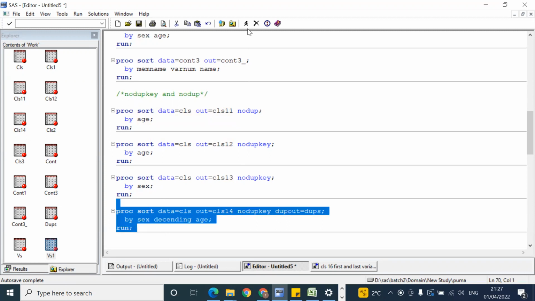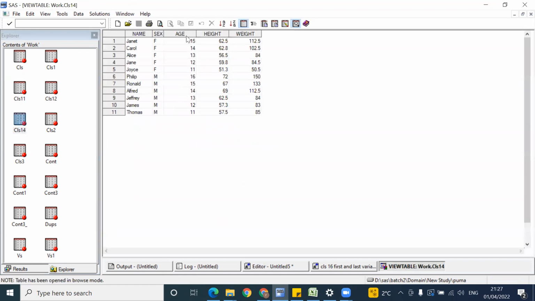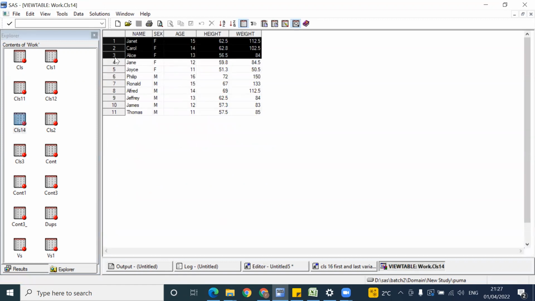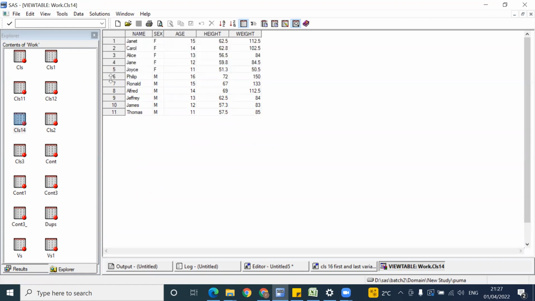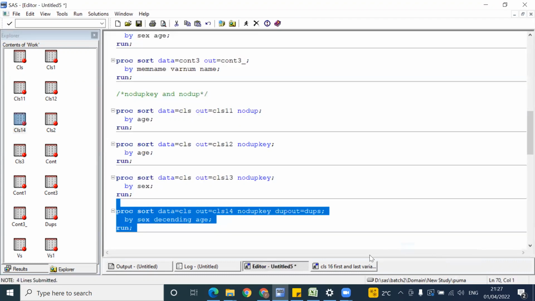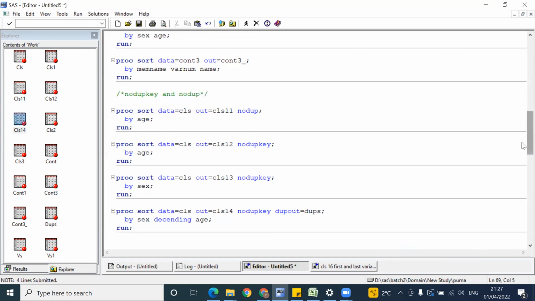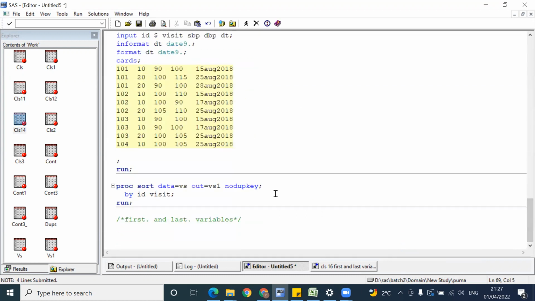Okay, no dup key. So CLS14. Here you can see the data in descending order. First it is coming 15, 14, 13, 12, 11. Next it is starting with 16, 15, like that. So the descending keyword means it will display the data based on the descending order. Okay. Now,